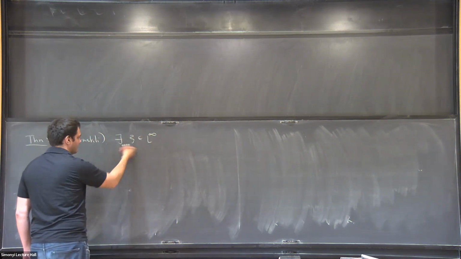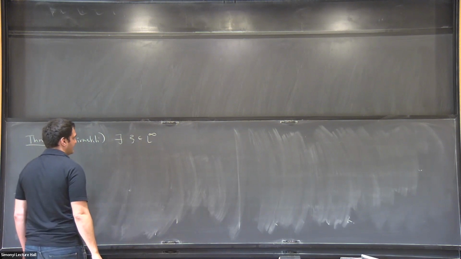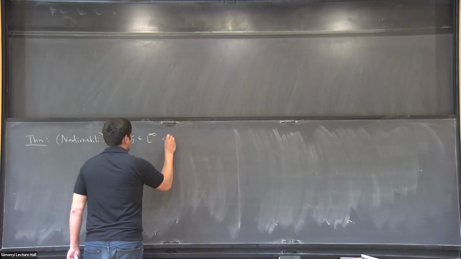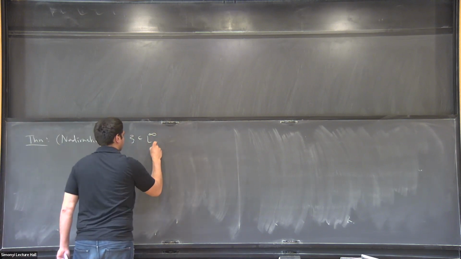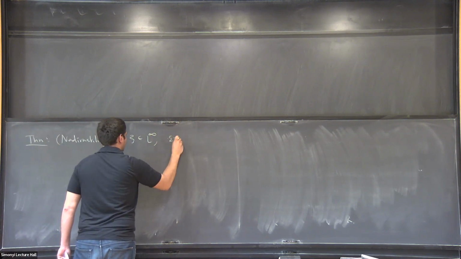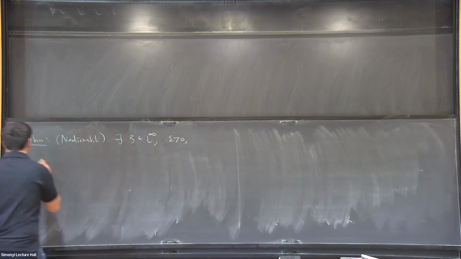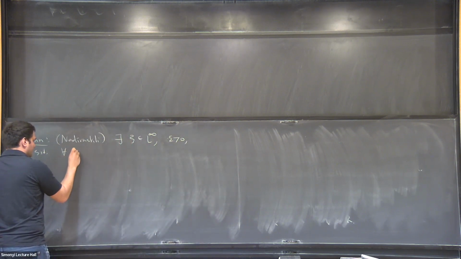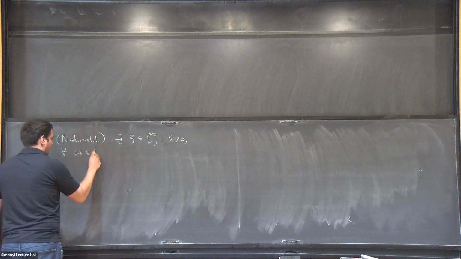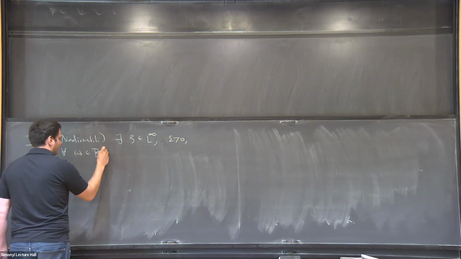Actually, it's smooth, but let's just say there exists a point in L infinity, and an epsilon, such that all omega 0 which are in a ball of radius epsilon of zeta in L infinity